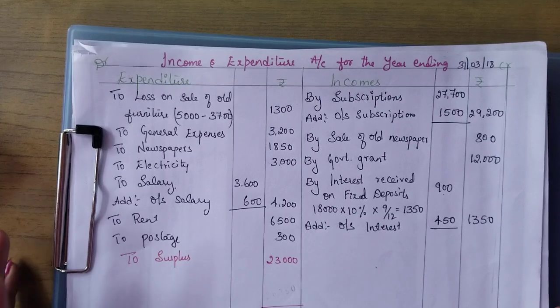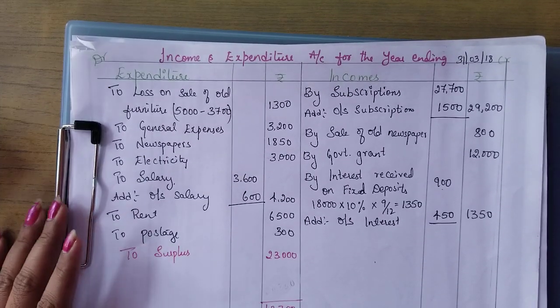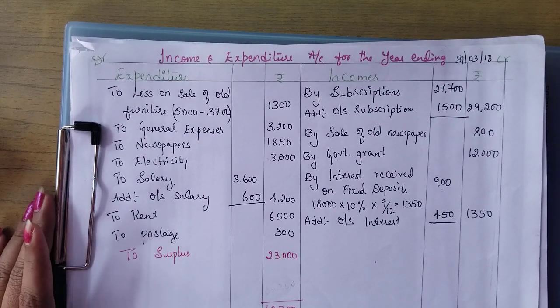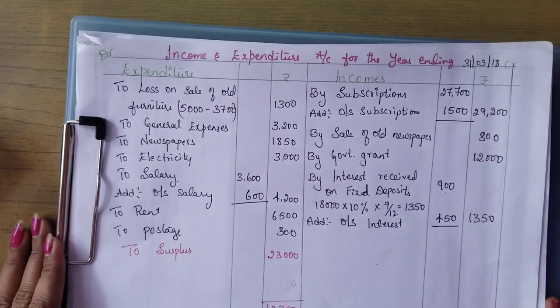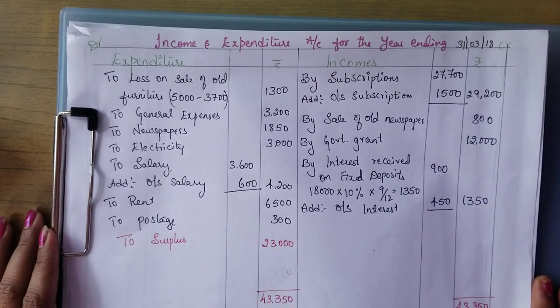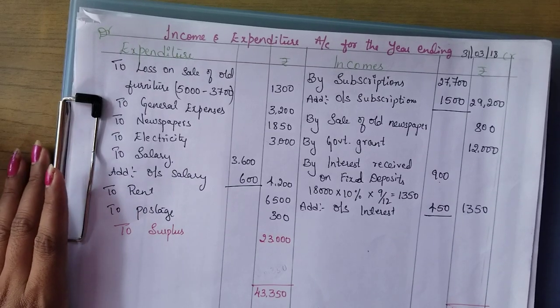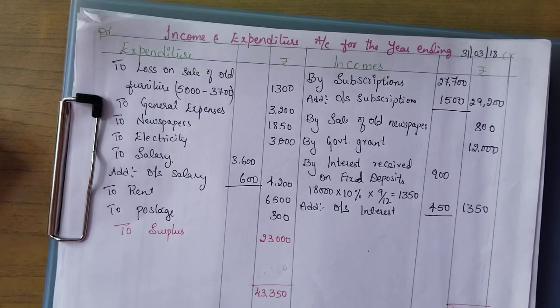So this was a simple problem with limited adjustments and limited items in the opening balance sheet. In the next video I am going to take up a little more tough problems with more adjustments to prepare the opening balance sheet. Hope you all understood this. This is the initial problem. Maybe a little bit confused. Try to watch twice or thrice so that you will be able to understand clearly. And in the next video you will see with many more adjustments how to solve the problem.